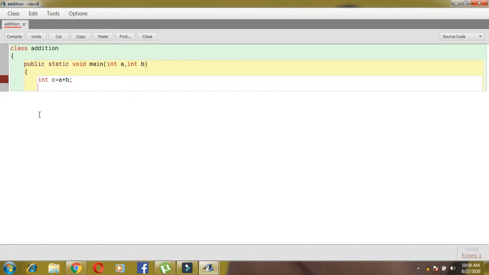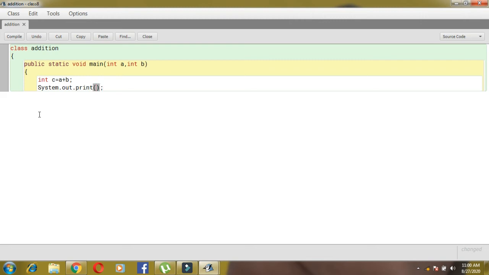So our input part is over, our process part is over, now our output part is there, because every program has three parts: input, process and output. So children, for output in Java we have to write System, but S should be capital children. It's a keyword, so you have to follow the capital and small letters. Okay, keywords cannot be changed, and Java is a case sensitive language, so you have to follow the capital and small letters. Rest all are small. System dot out dot print.